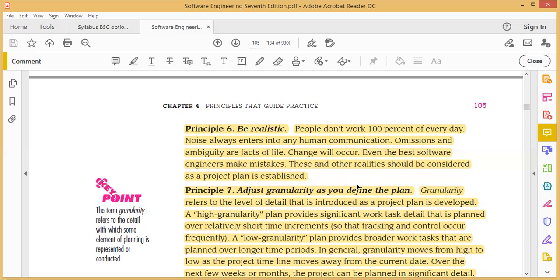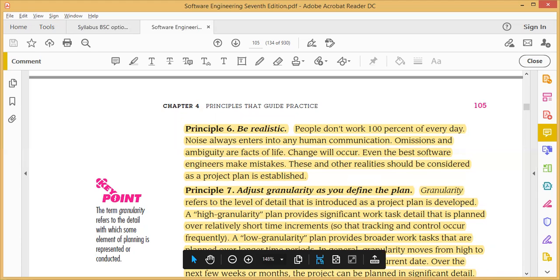So we have to take care of all these things while planning. That means nobody works 100%. At some points, most people face some problems or crisis, in personal life or at work. So we have to take care of all these things, and then plan everything.